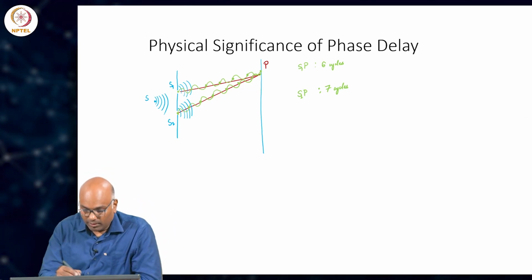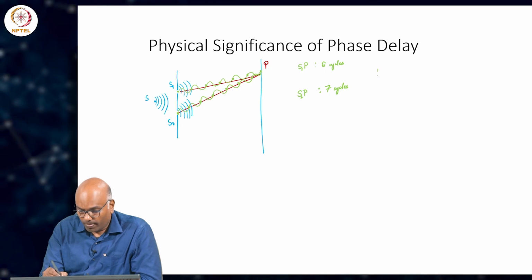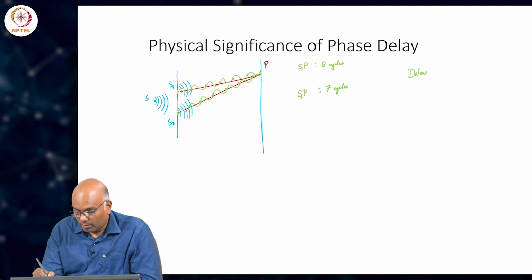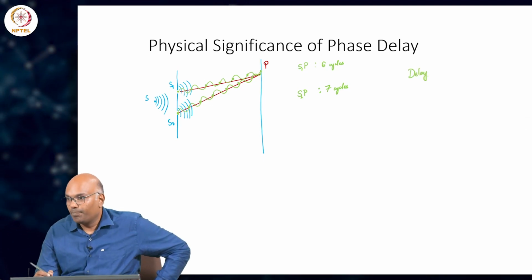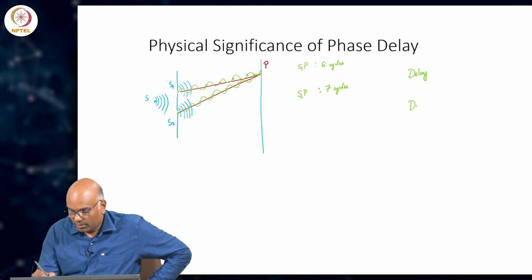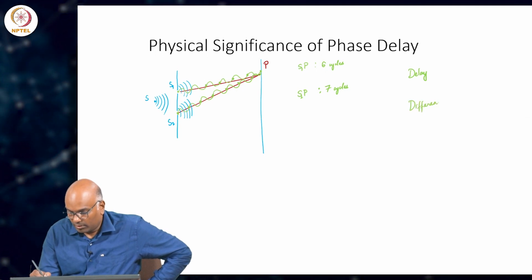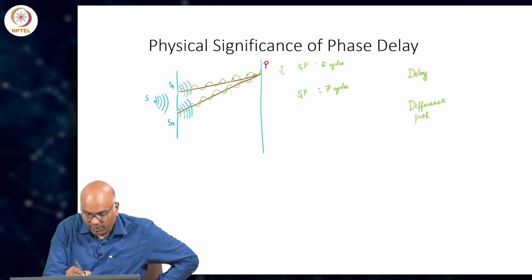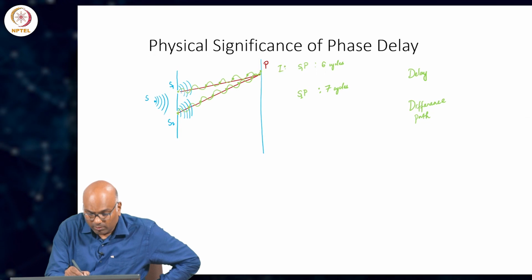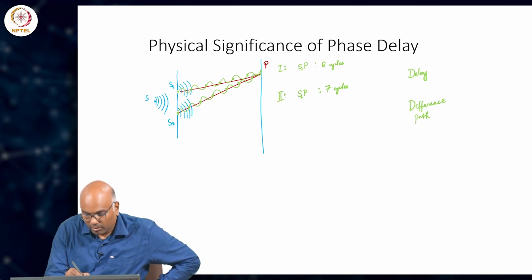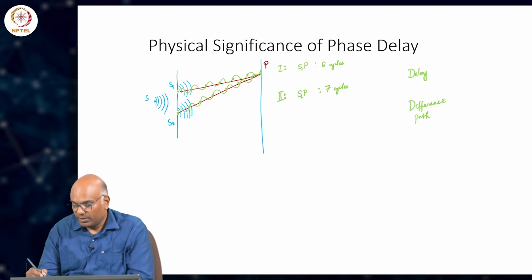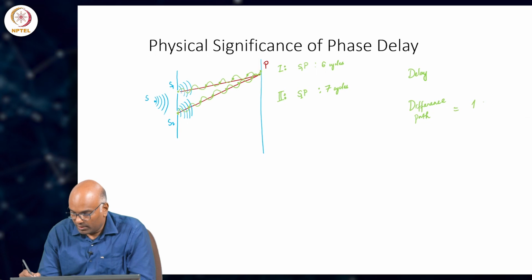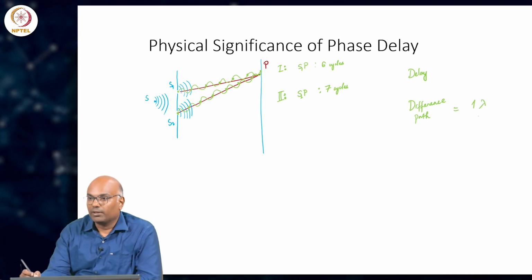This tells me that there is a delay in time, or there is a difference in paths between path 1 and path 2. So, the difference in paths is 1 cycle, that is 6 minus 7, it is 1 wavelength,